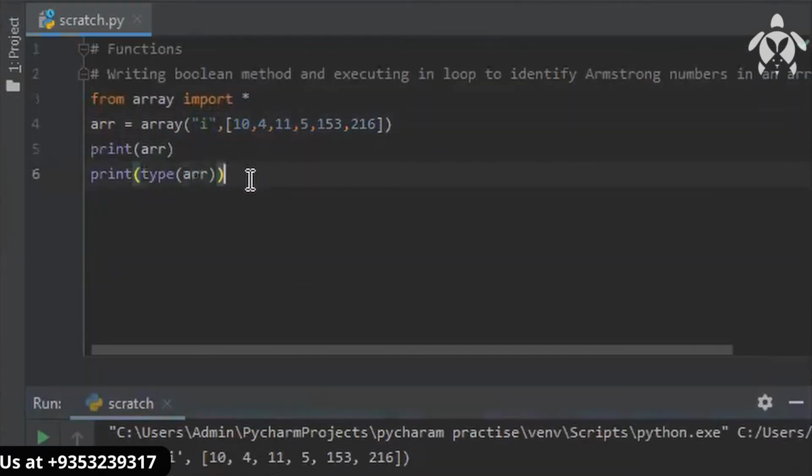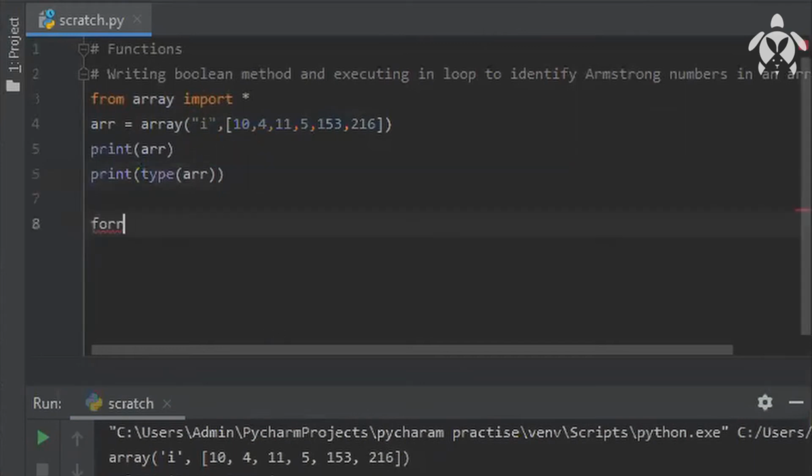So this we are importing directly from array, but if you do it with NumPy, tomorrow in the class we will see what NumPy and pandas are, and we'll see the basics of all those things. You can create an array using NumPy, so you don't have to specify the data type. Array itself you need to specify.